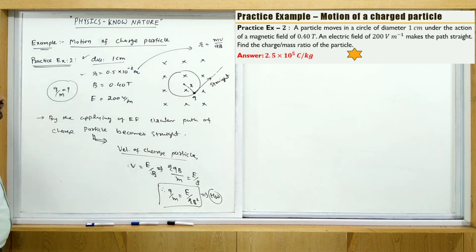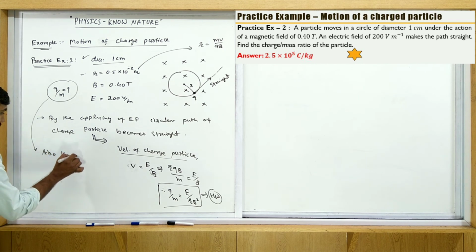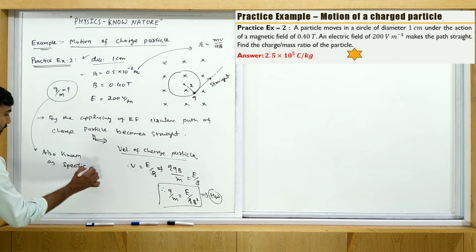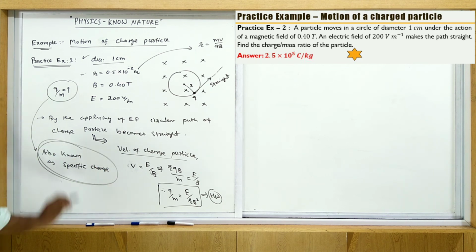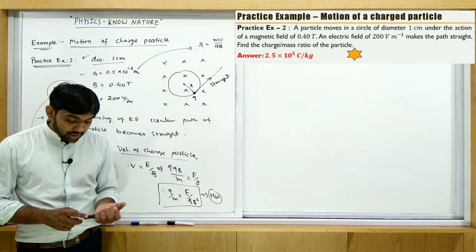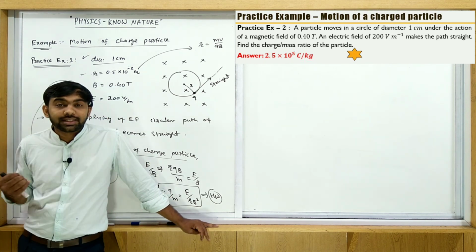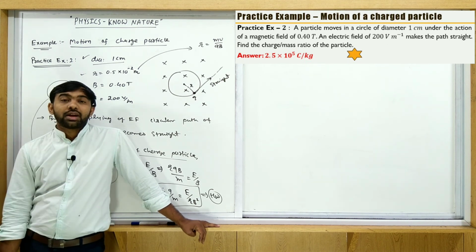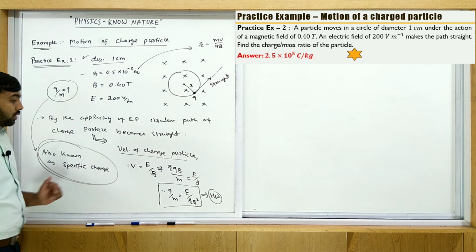इसको हम specific charge भी बोलते हैं. This ratio is also known as specific charge. कभी कभी ऐसा भी पूछते हैं आपको, तो आपको ये भी याद रखना है, the charge to mass ratio is known as specific charge also. Okay, and generally experimentally you find the charge to mass ratio by using a mass spectrometer. This mass spectrometer is an application of a velocity selector. Mass spectrometer we discuss first. Note karo chalo.